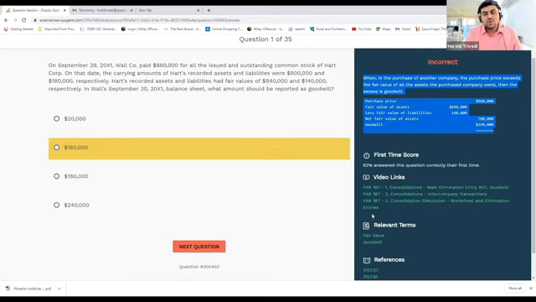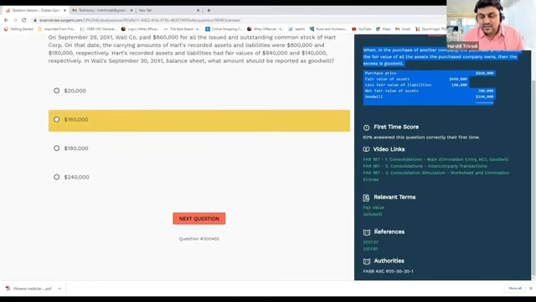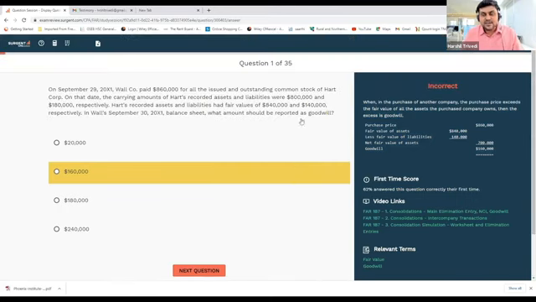So you don't need to go through the complete books to understand where you are lacking. They give you the exact term where you are lacking. They will give you the book references as well, and authoritative literature as well. This is the authoritative literature. There are FASB Accounting Standards Codifications from which this question has been asked.